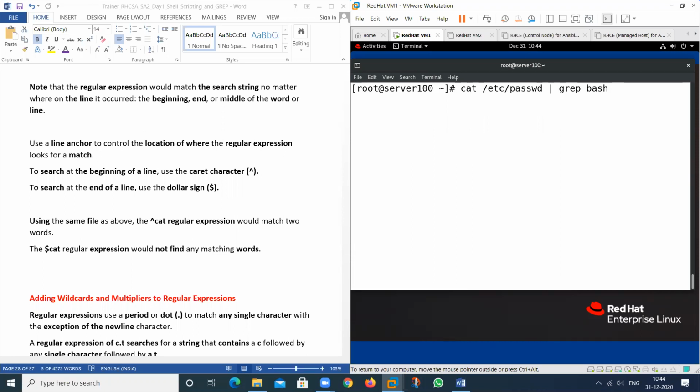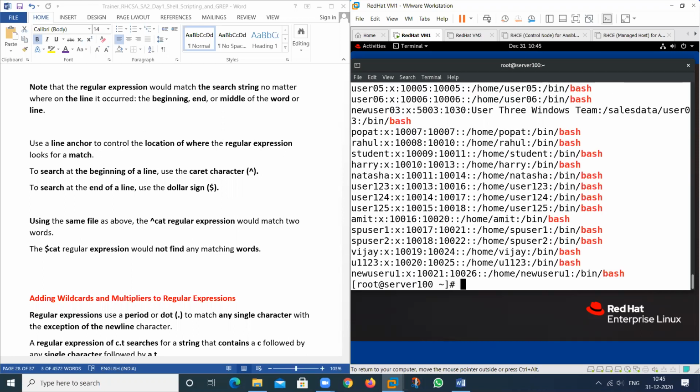But I know this is on the end. So I want to search only these value that on the end. If this particular value is on the between, will also print. But I know this is only on the end. Only print the value that is on the end of the line. So it will print all the lines. I want to see how many lines are these.